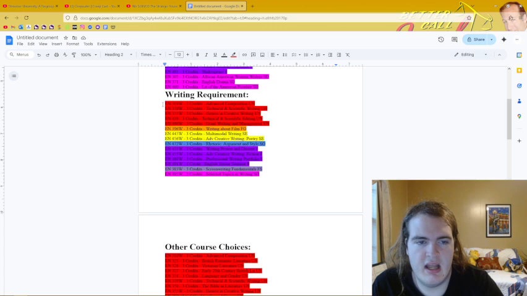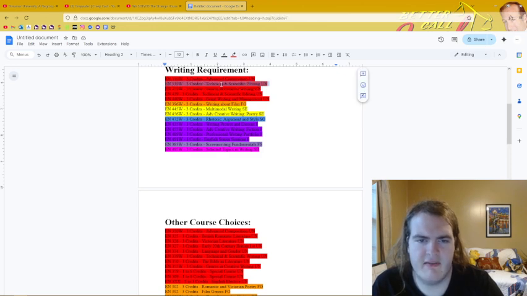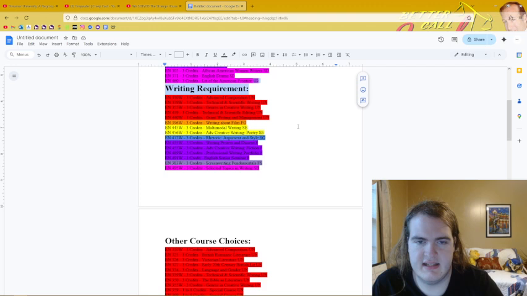Advanced composition. I think I have to take this one, because for most of these the prerequisite is advanced composition. I looked, and one that looked interesting was technical and scientific writing. That one was okay, but genres and creative writing, I looked at and I kind of want to do that, right? Creative writing, fun. But most of the advanced creative writing down here requires all of these and all of these, and it's like, do I really want to take like 10 writing classes